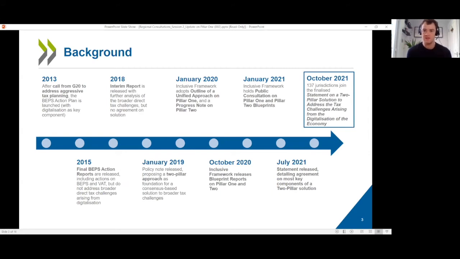In January 2020, there was the outline of the unified approach on Pillar 1, which provided a bit more flesh around what Pillar 1 would look like, and was the first point that the ideas of Amount A and Amount B were put out publicly. And we had a progress note on Pillar 2, which has always been slightly ahead of where Pillar 1 has been. That continued with the blueprints in October 2020,